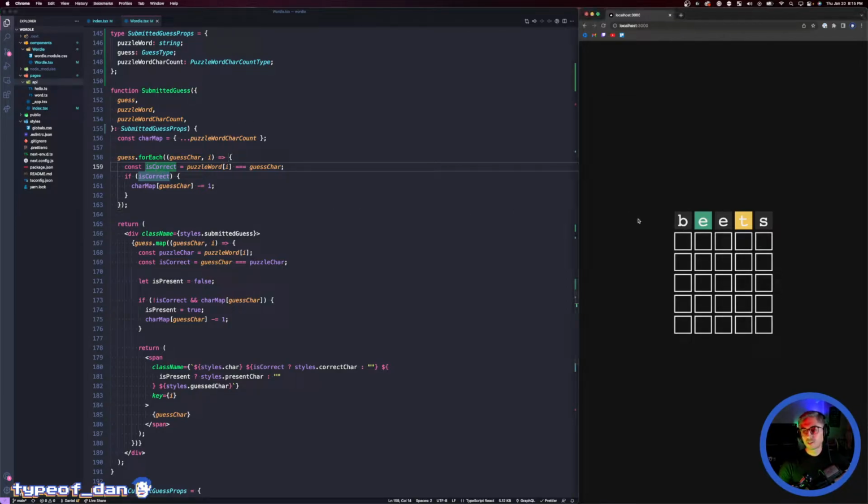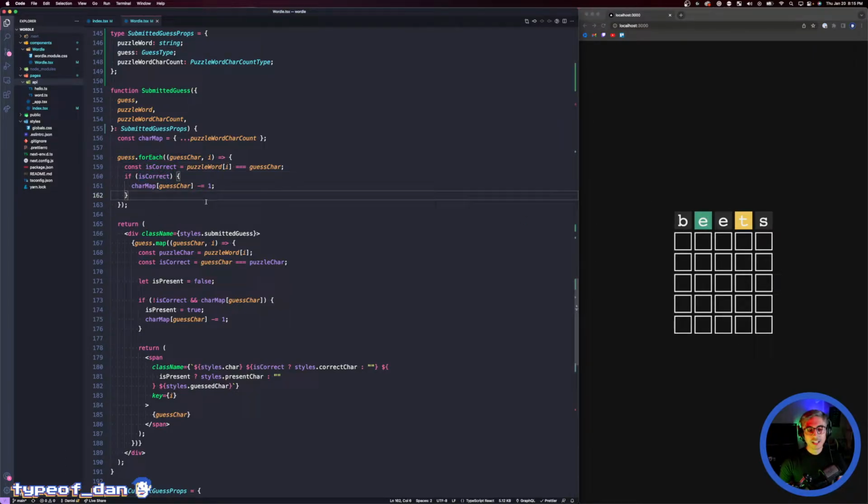Because in this case, the word is metal, E is correct, but then I have this other E, and the word metal does have the character E in it. If I did this in a more naive fashion, which I think the first time I actually did, this E would be marked as being in an incorrect spot, so it would be yellow. But since we already have this E in the correct spot,